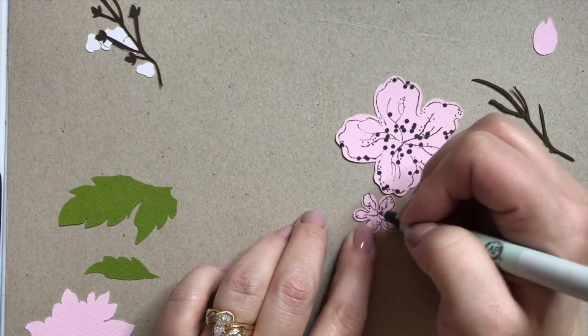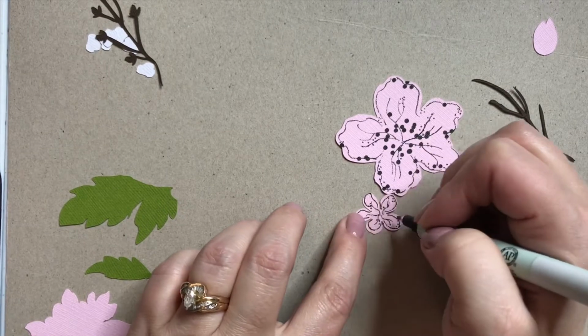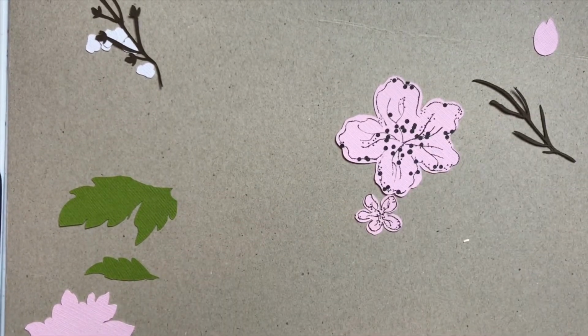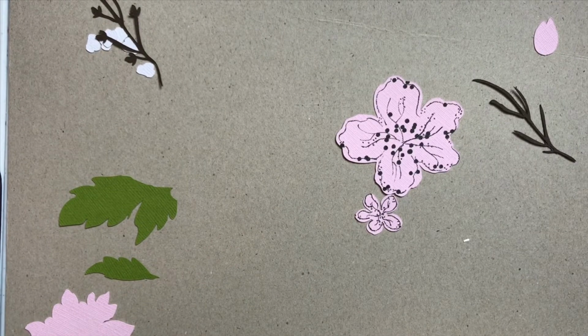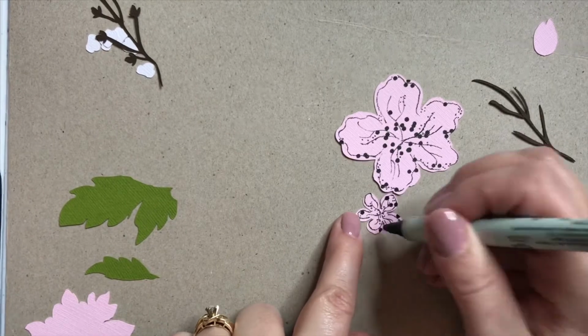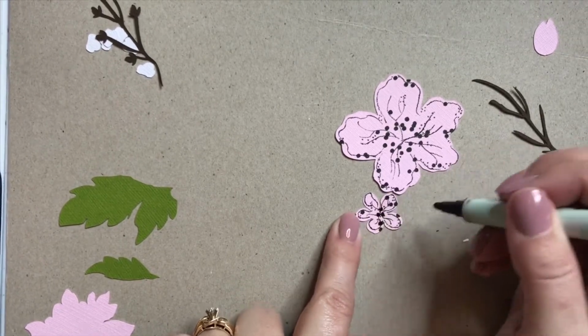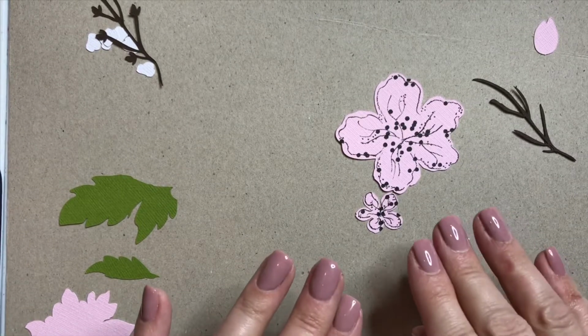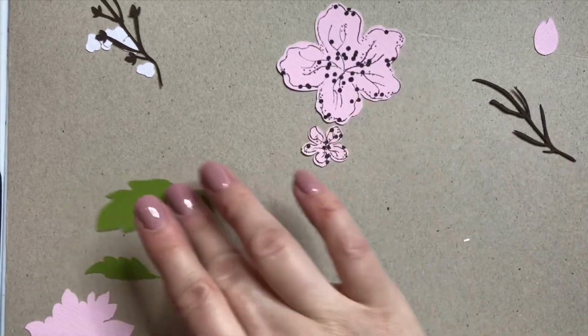Try to be real flowy with these, not a stiff, straight line. We're not doing straight lines. Dots on the inside, and then the other side of the zig writer. We'll do a couple random dots, and then we'll do some on the inside. All right, so that's going to be it for the zig writer on the flowers, but let's do the petal